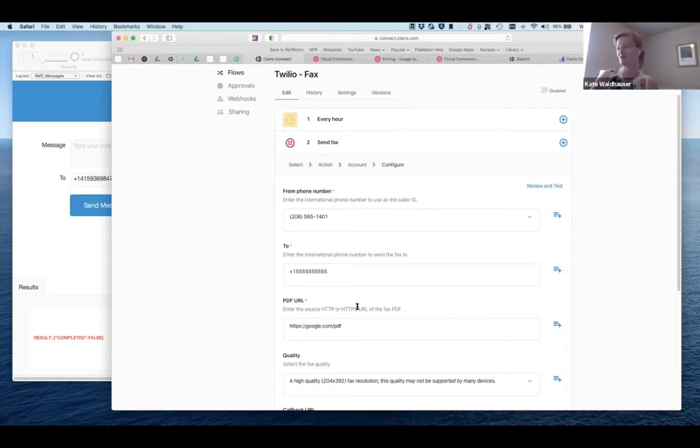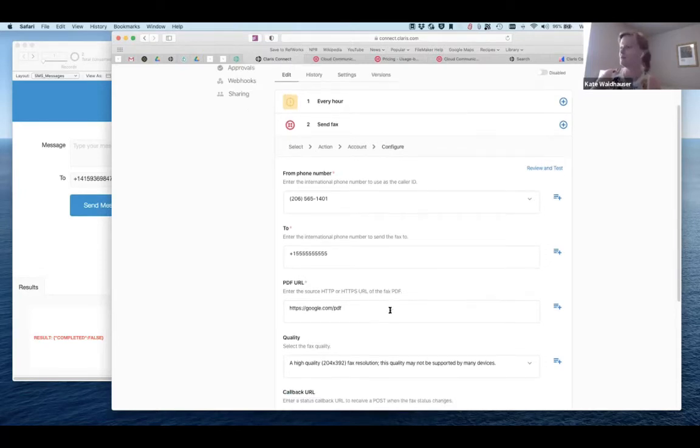So I imagine this action will probably go away. Hopefully it will be replaced with one of the other, which look like more powerful APIs from Twilio, like the email or video calls, because Twilio is a very robust system. And I think if it could have some more connectors like that available, that would be really great.